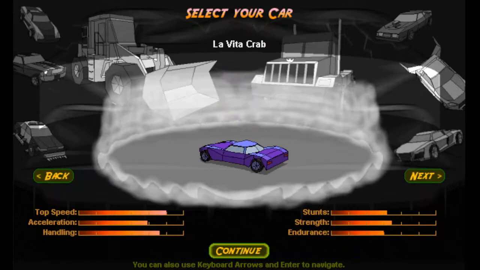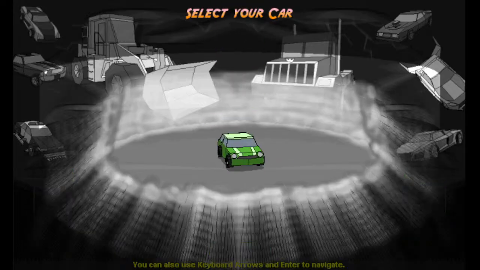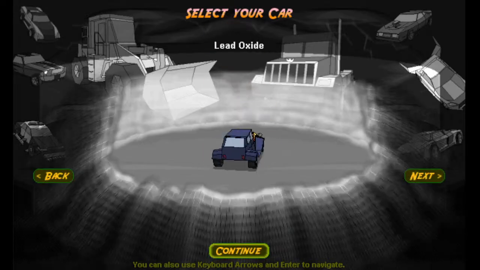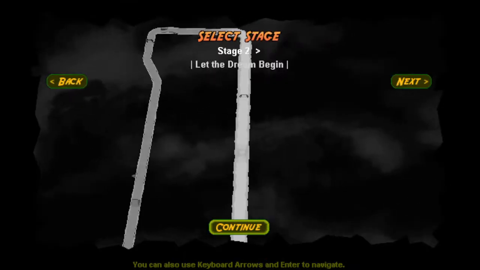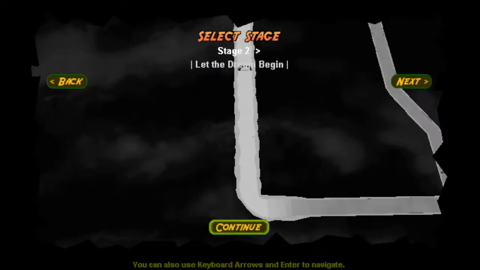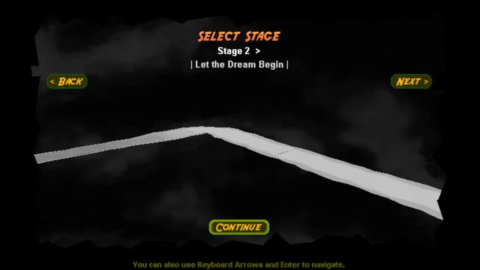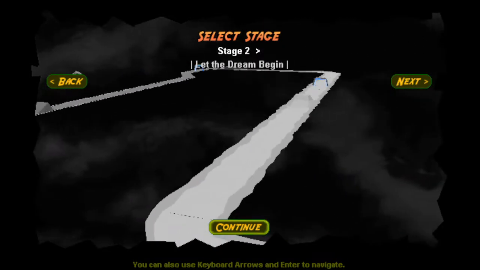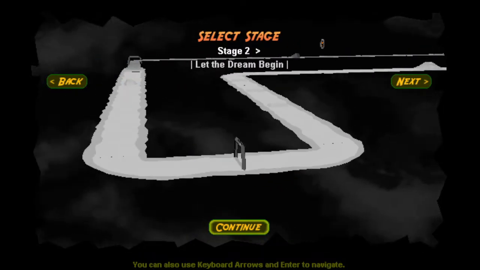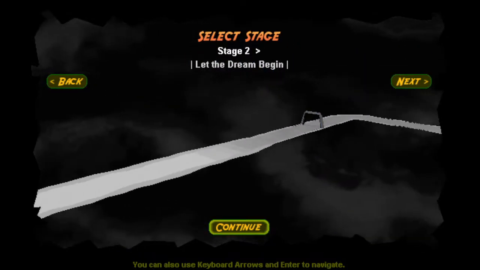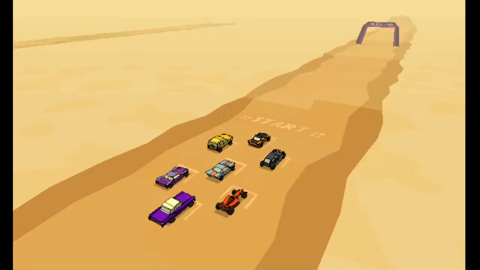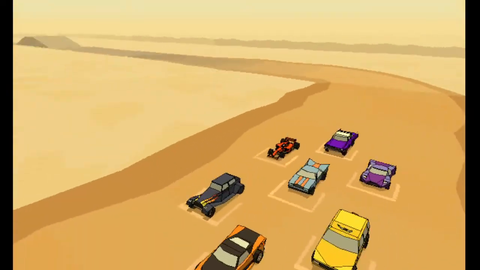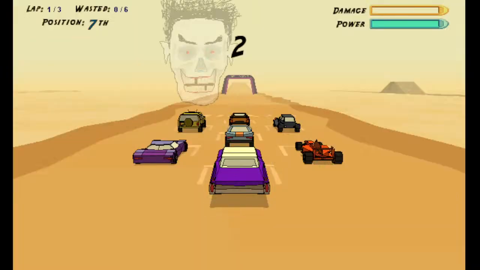Who are we playing as? I want to play as a cool... No, you know what? Playing as everyone else's favourite. Cool cat. Let the dream begin. That song is playing again. Don't get drawn in. No. Offering the hints. 3, 2,